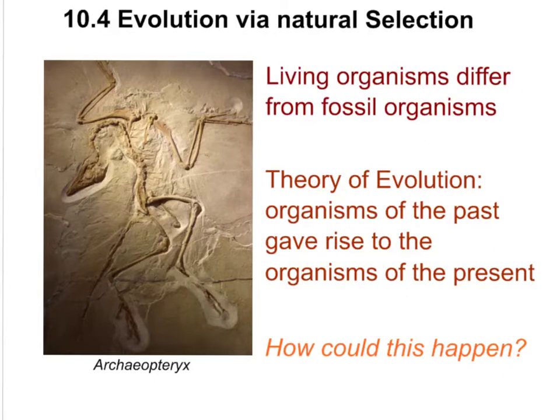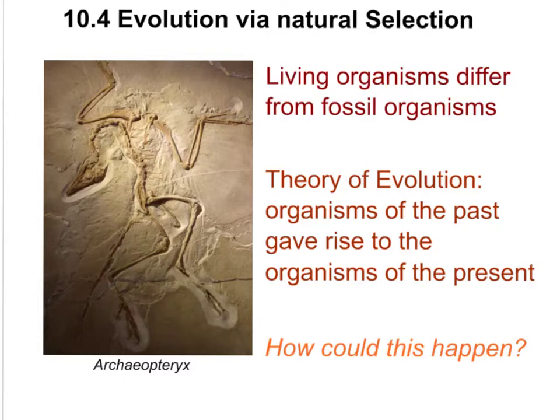This one is called Evolution via Natural Selection, and we've been talking about the fossil record and geologic time scale, and right now we're going to look a little bit more at explaining some of the data that's in the fossil record. So, giving you a little historical background, by the beginning of the 19th century, biologists were observing that